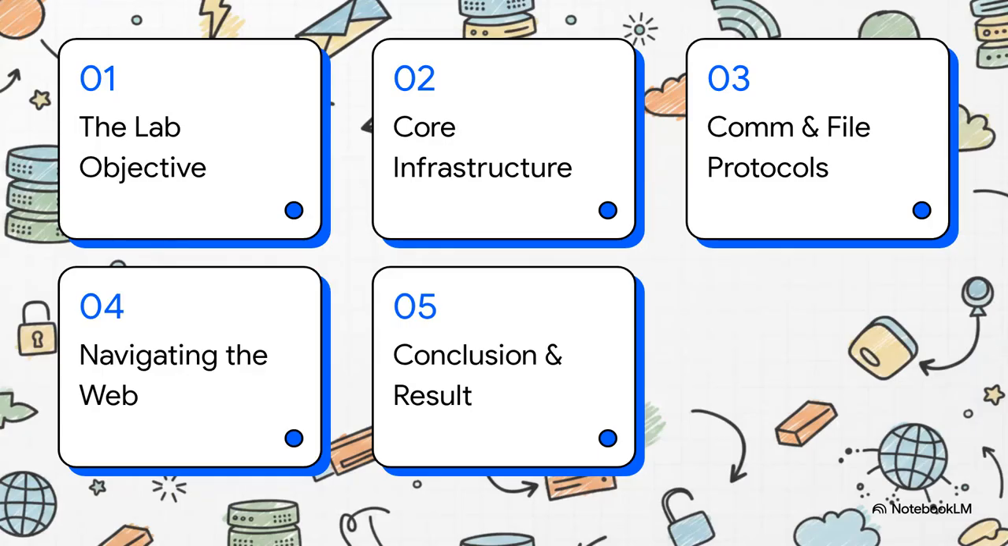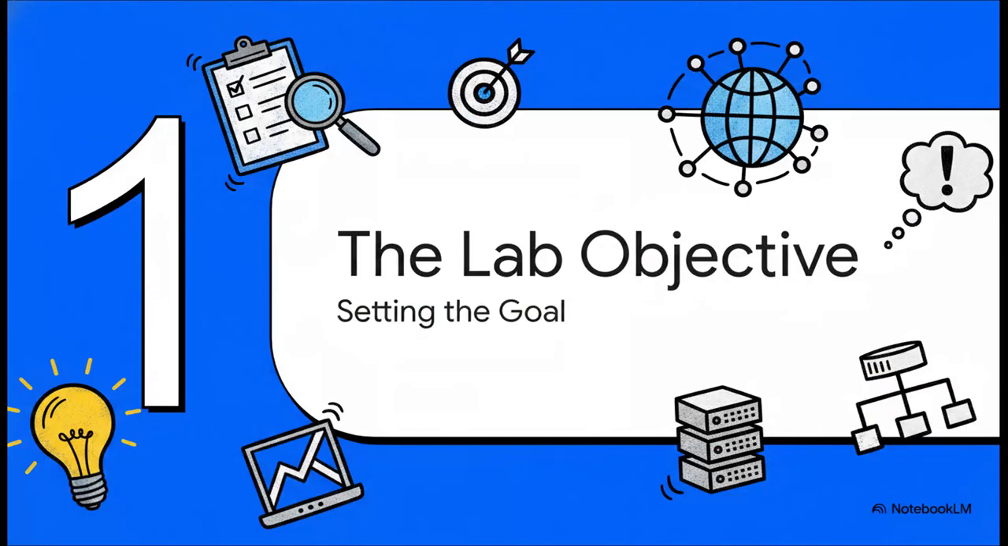Here's our quick game plan for today. Section 1, the lab objective. Section 2, core infrastructure basics. 3, communication and file protocols. 4, navigating the web. And we'll wrap it all up with Section 5, the lab conclusion and result. Let's get into it. All right, kicking things off with Section 1, the lab objective, setting the goal for today's